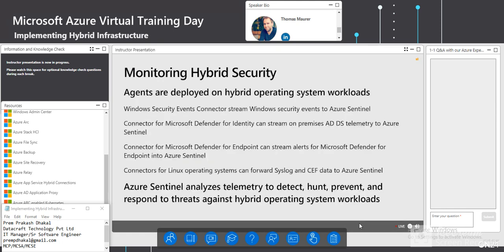Now, the next thing we want to have a look at is hybrid security monitoring for your environment. There are a couple of scenarios, and we have a couple of different products available which you can leverage in your environment. So how we attach hybrid workloads which are running outside of Azure is by using an agent. So we're going to deploy an agent on these hybrid operating system workloads, and depending on the operating system itself,